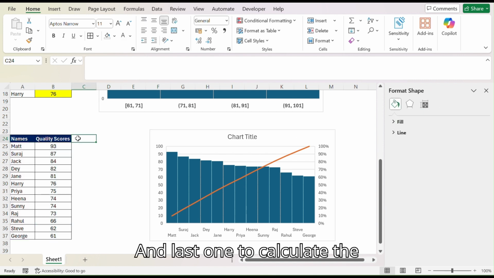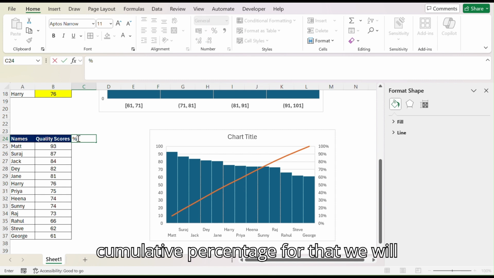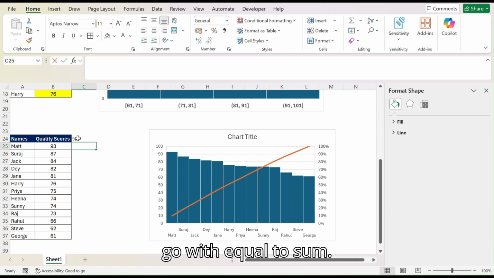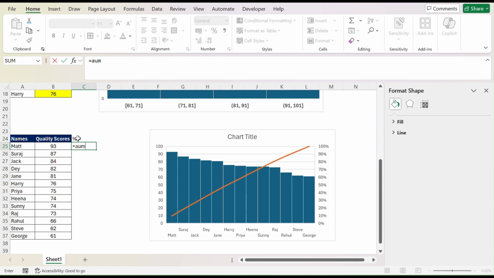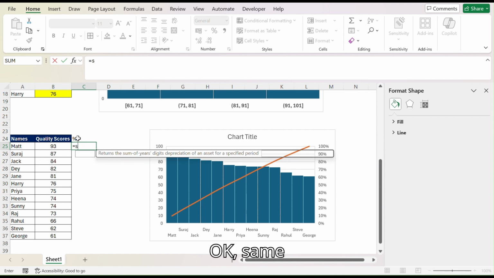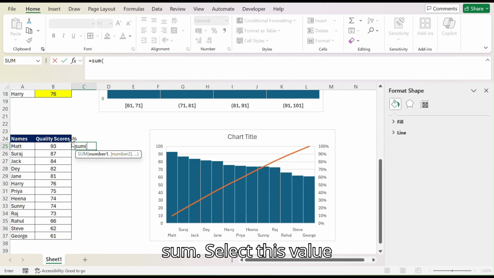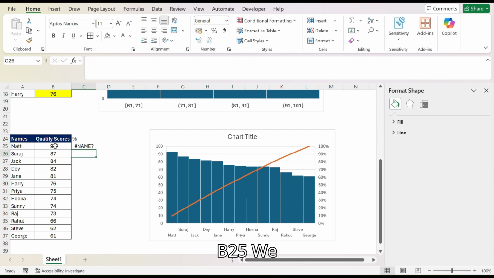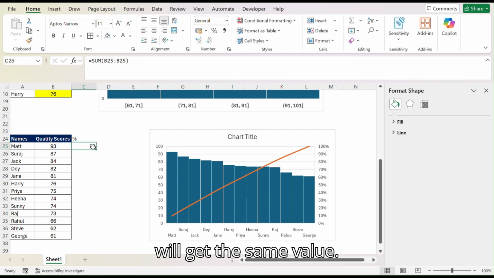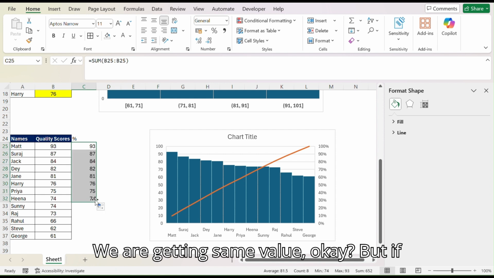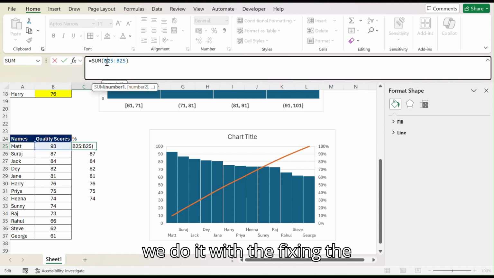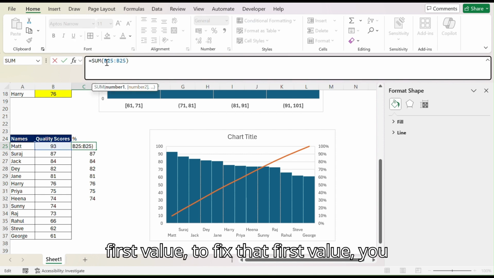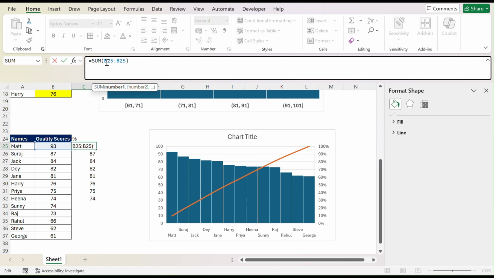And last one, to calculate the cumulative percentage, we will go with equals SUM. Select this value, B25 colon B25, and enter. We will get the same value. But if we do it by fixing the first value, to fix that first value, you will go with